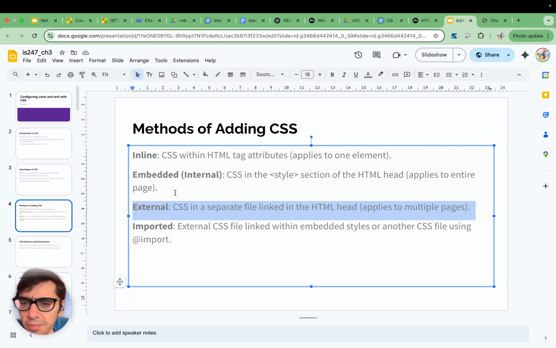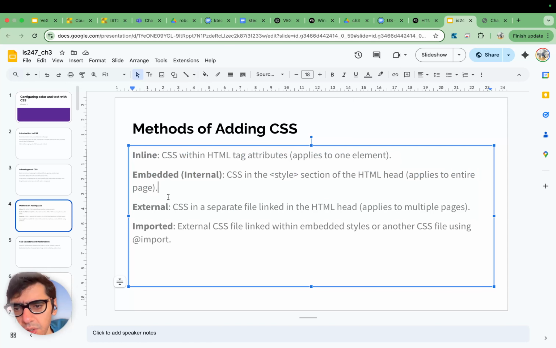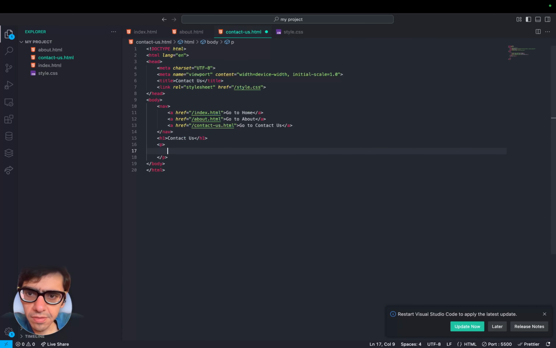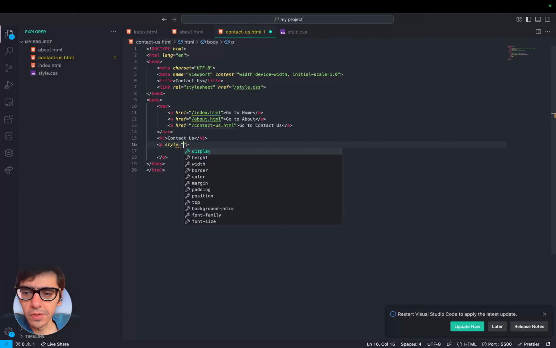So what about the other methods? We have two other main methods called inline and embedded. Inline, we've already seen an example of inline. So in contact us, let's actually create a paragraph. And this paragraph, I will apply styling to it. Okay. This styling, I will assign, let's say,